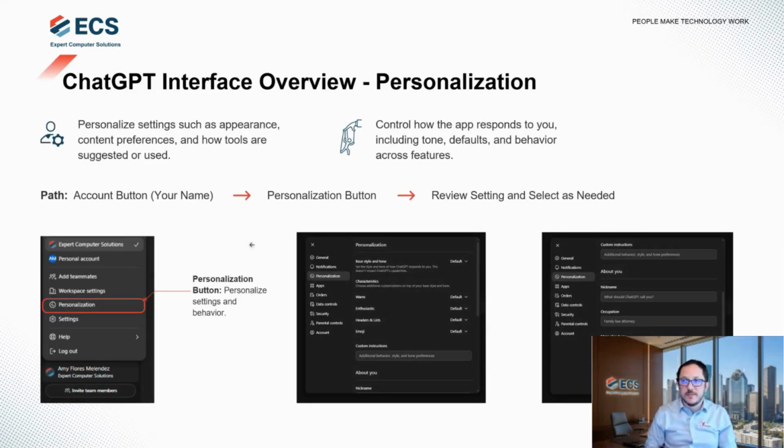Interface overview and specifically personalization. Now, I've mentioned before, I've been working with ChatGPT for the last 3 years. And before personalization, if you ever worked with it, you'll notice every question that you ask is going to be, "Oh, Peter, that's a great idea. Great job. You're on the right track." It defaults to giving you encouragement. Even if the idea isn't really that great, it still tells you it's a great idea, but